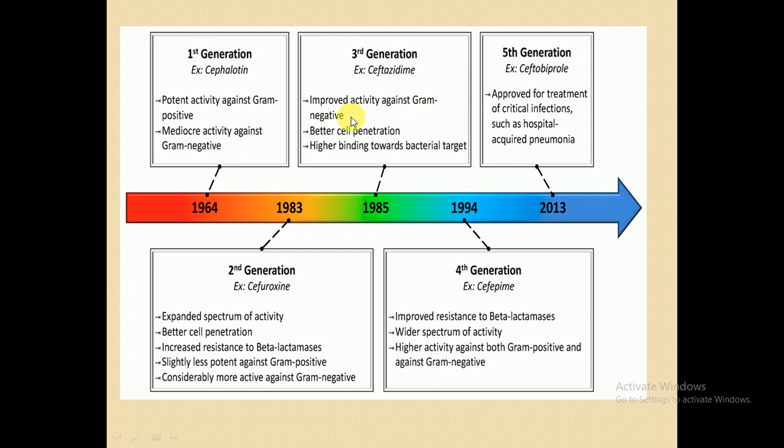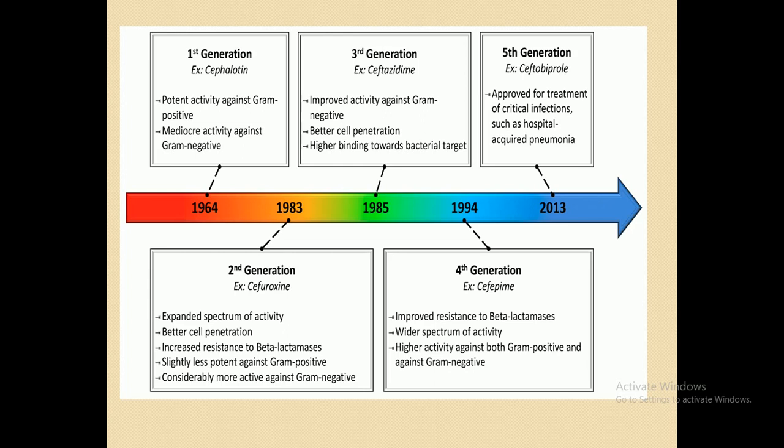The reason is that with the passage of time, new antibiotics were discovered, and especially the spectrum coverage. So it was already covered. For example, first generation antibiotics show a potent activity against gram-positive, but their activity against gram-negative is weaker. That's why if you compare the first generation with the third generation, the gram-negative activity of the third generation is greater than